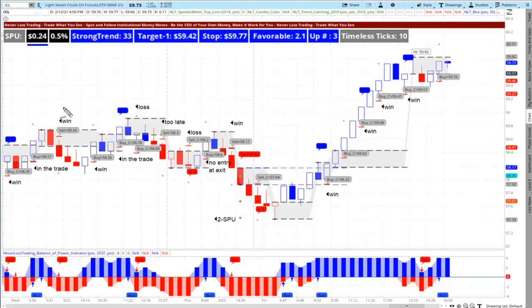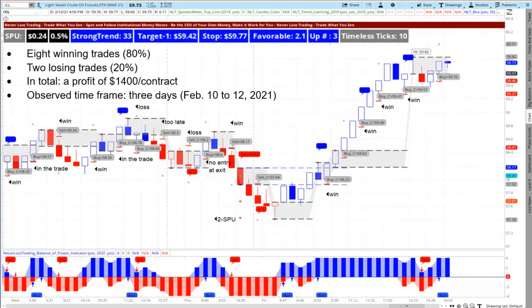And you might have had that situation where you got stopped and then the price continued in your direction because you are predictable. So one thing you see immediately on a chart, there's plenty more opportunities up there compared to the other. The other is high probability, this will be too, but let's compare it by numbers, because that's what we wanted to do together, a performance measure comparing numbers. Here we had 8 winning trades, 80%, 2 losing trades. A total profit of $1,400 per contract was achieved in the same observed time frame. So now you see already, the two things performed both on high probability, but one had more trades, more distance. So what does that mean to the value of them?